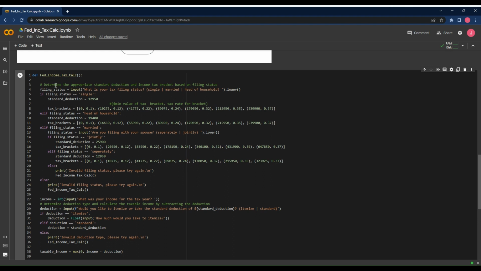The first step is to determine the appropriate standard deduction and income tax bracket based on the filing status. To do this, we use an input function to ask what is your tax filing status, and then we give a few options here so that the user can know roughly what to type. We use a .lower method to turn any results that a person types into the lowercase version of that particular word. This helps us to avoid any capitalization or any sort of weird formatting that the user might input when